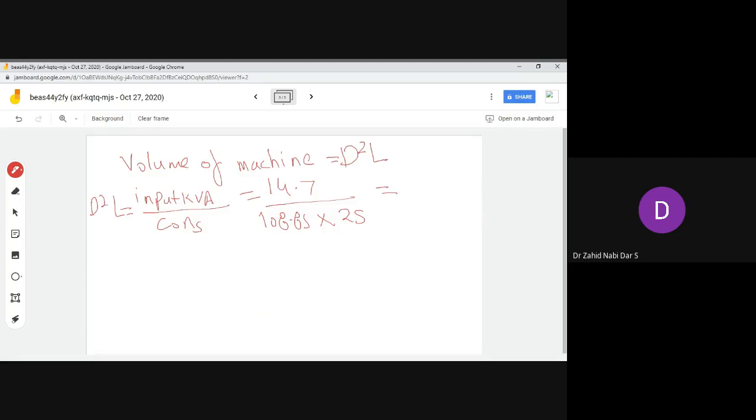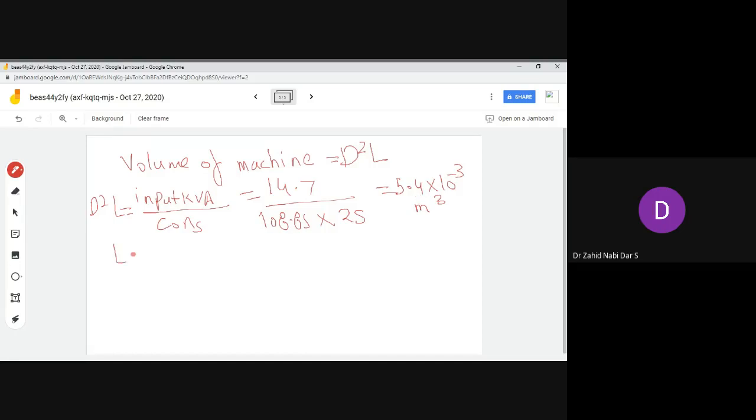So if you are substituting this, you will get a value of 5.4 into 10 power minus 3. Okay, are you getting this, Radhika? 5.4 into 10 power minus 3. Yes. Okay, this is the value you will be getting: 5.4 into 10 power minus 3 meter cube. Now one important thing is that,